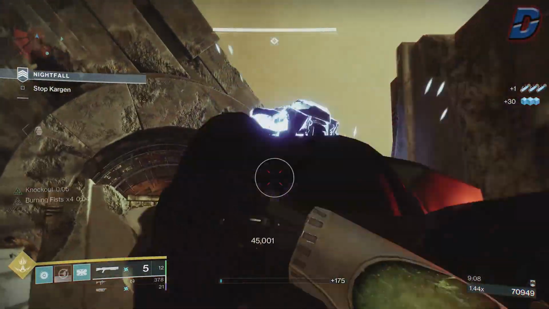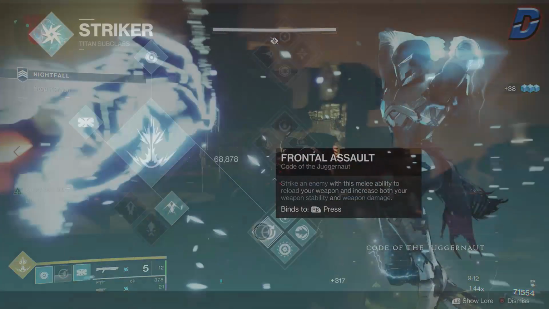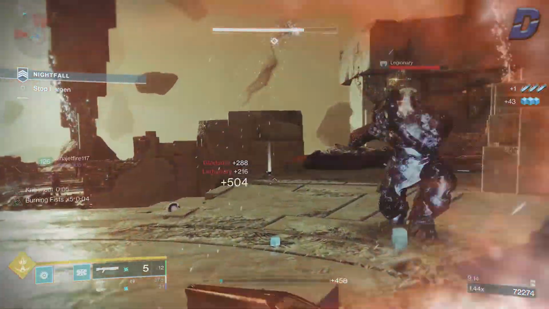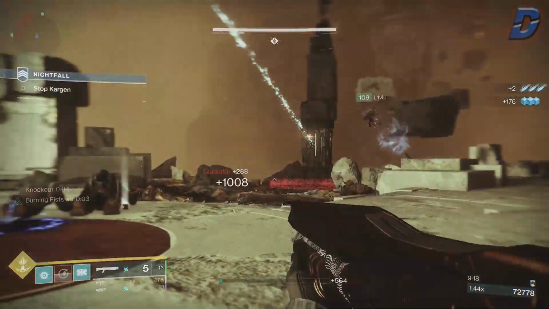It's just not reliable, but if I was going into a Master Nightfall, I'd probably just go with an Anarchy. For the subclass, we are running a bottom tree Striker, Code of the Juggernaut, with Frontal Assault, where using our melee will increase our weapon damage and reload it, which is good if you're using rockets or grenade launchers, so you really don't need to reload as much, as you just kill an ad, then fire off all your ammo